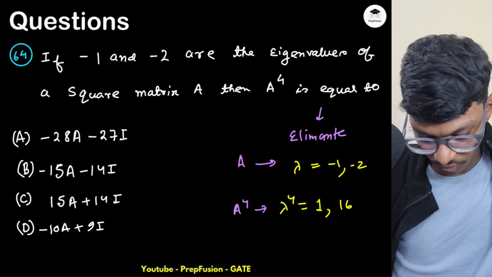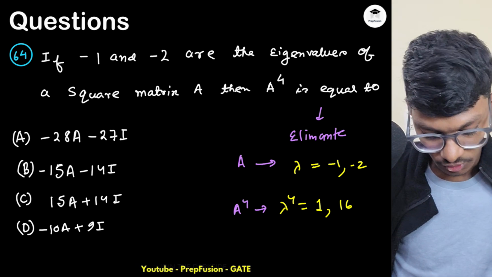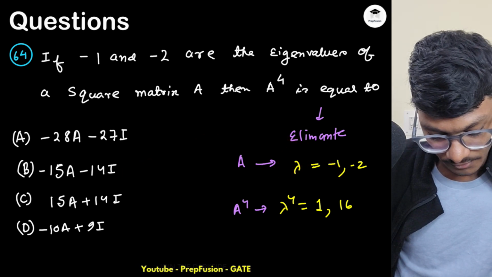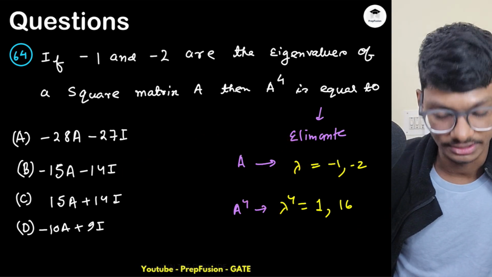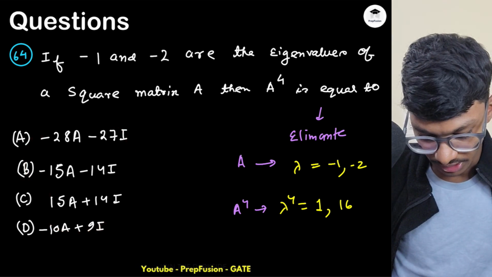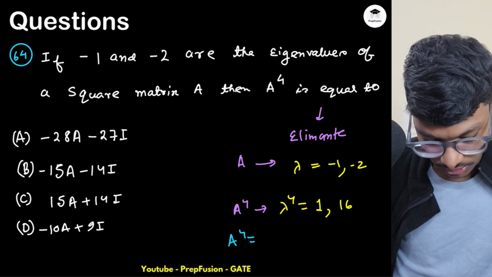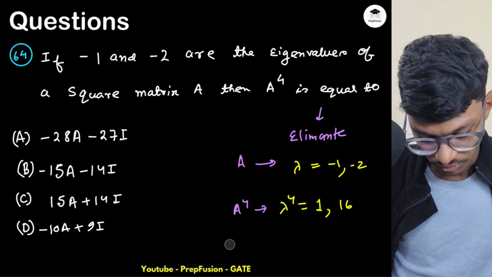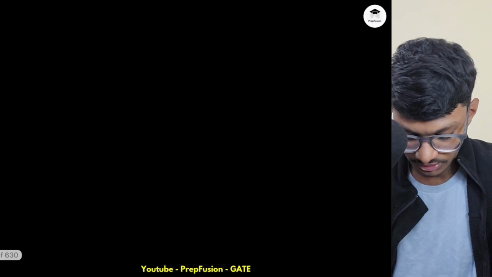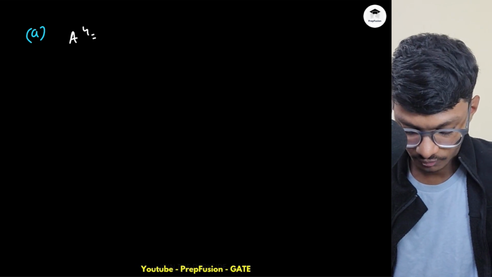Okay, so now what I need to do? If I put this lambda value over here, it should satisfy. What do I mean by this? Basically, what are these options telling? What these options are telling, that A raised to power 4 equals to, so I will just use the next page, and from there we'll understand. So the first option, we'll check the first option. What is the first option telling us? A raised to power 4 equals to